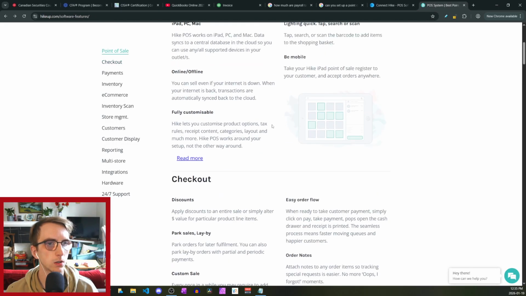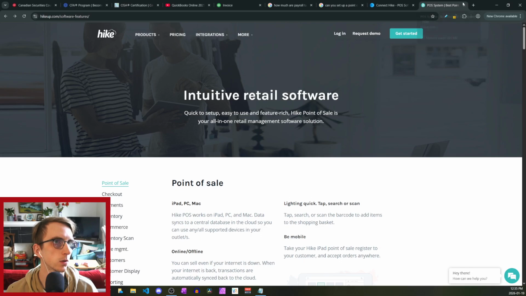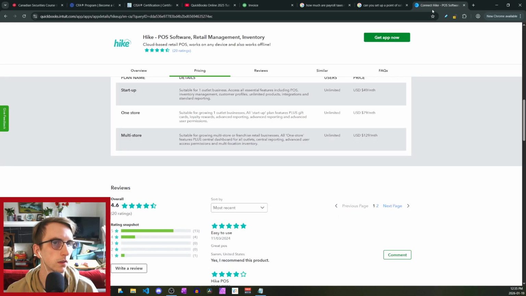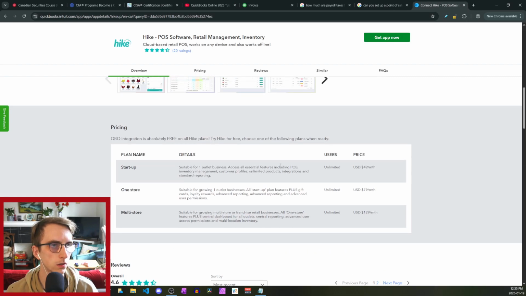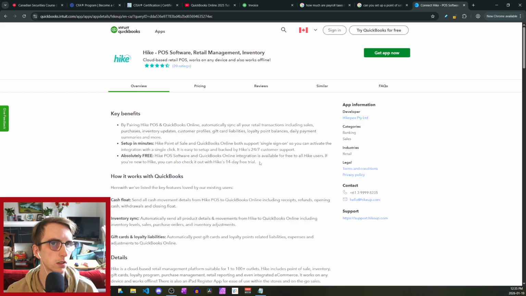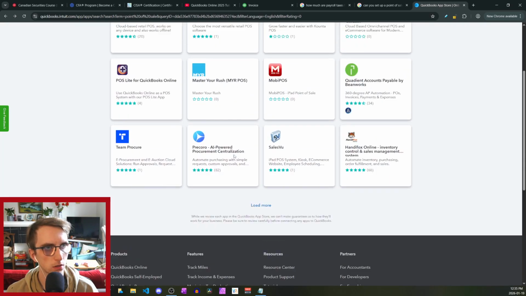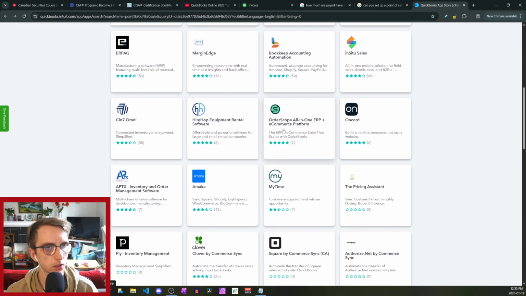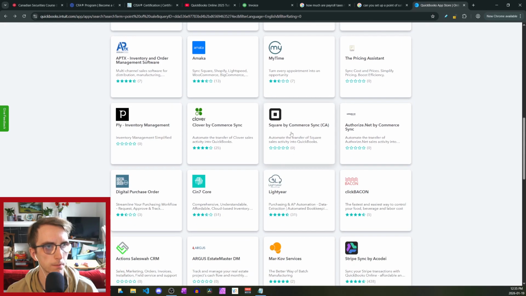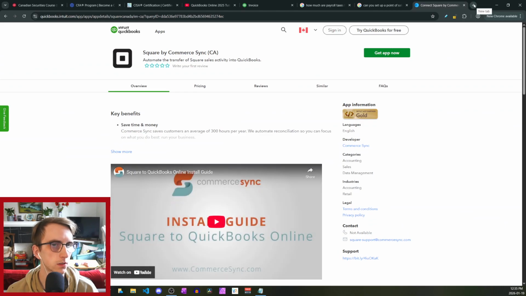So if we can integrate Square with, because this one's an outlet business, if Square is free, why would I not use Square? Like, the rates can't be that much better. I'm pretty sure Square's